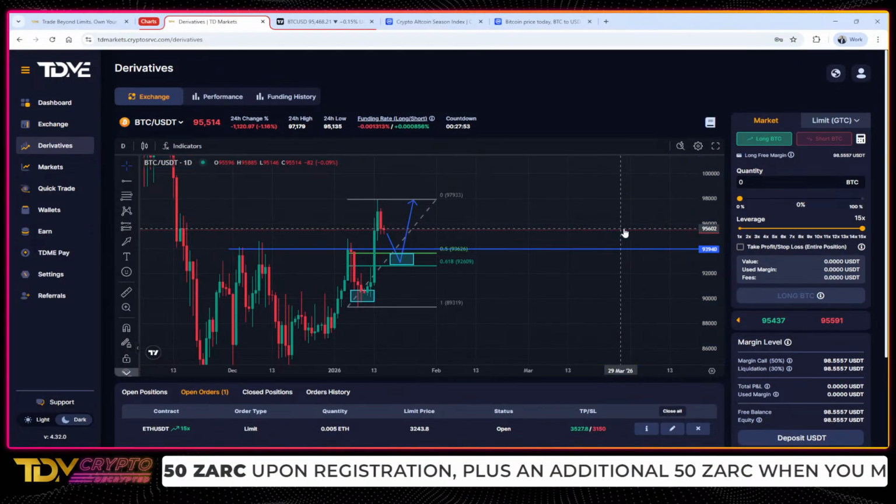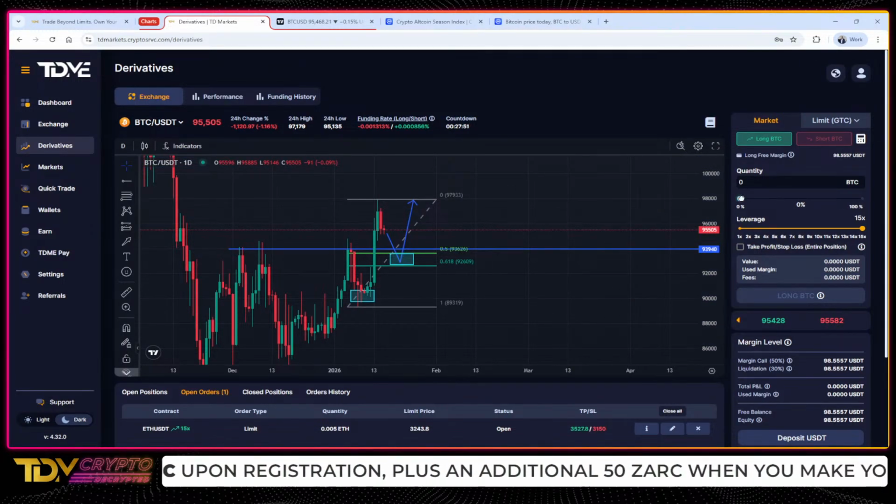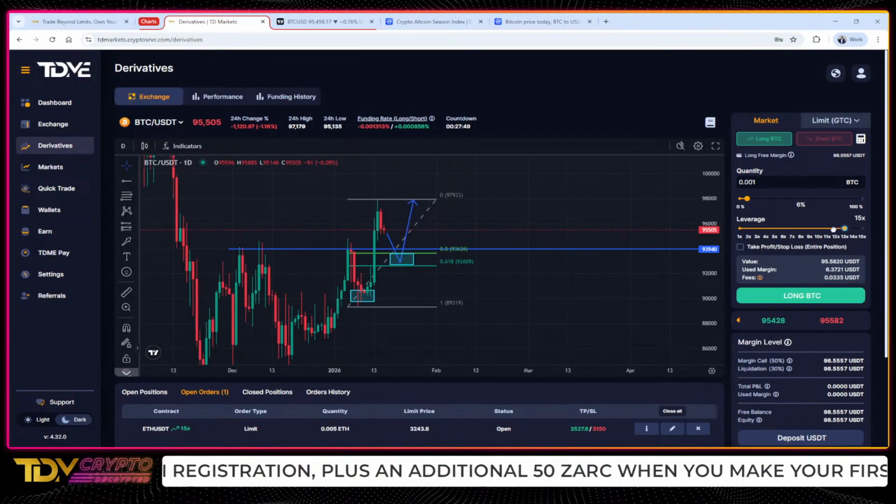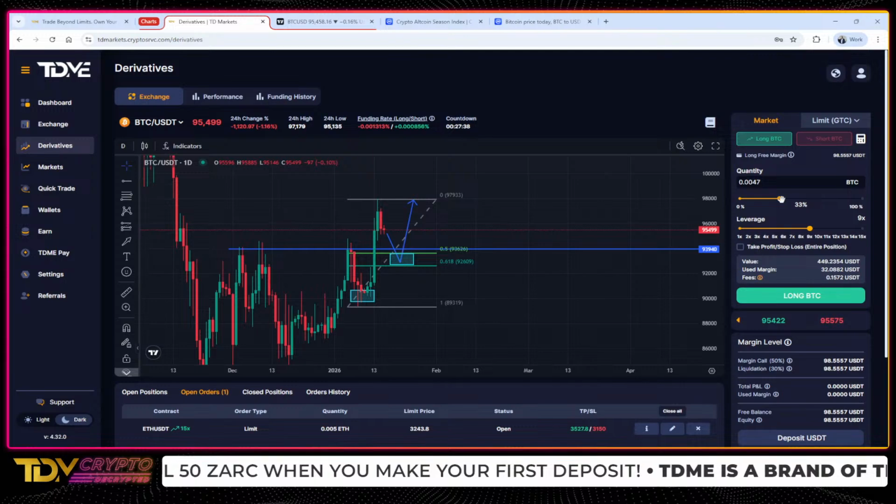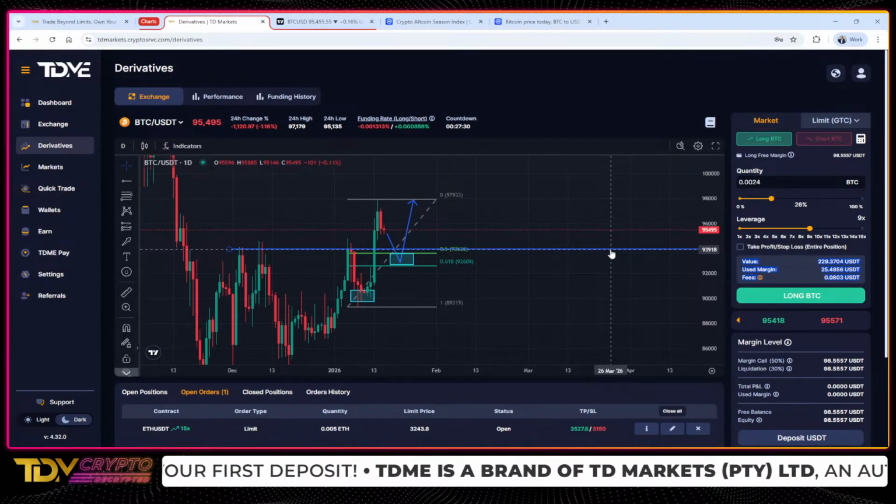So this is how it goes, guys, right? And then simple, you're just going to choose your position size. You're just going to choose your leverage. And then boom. Whether you use a limit order or market order, you will be able to see the details there, right? The value of your position, the margin used, and so forth.